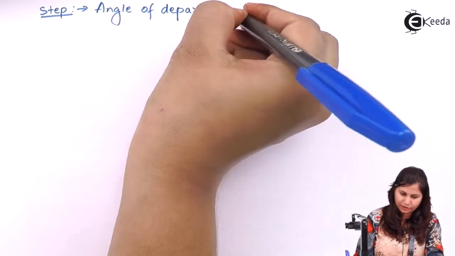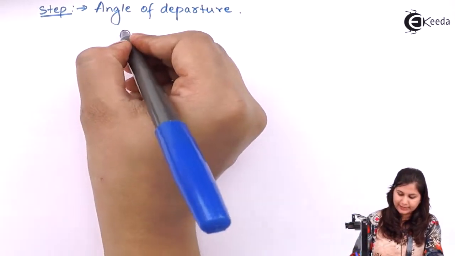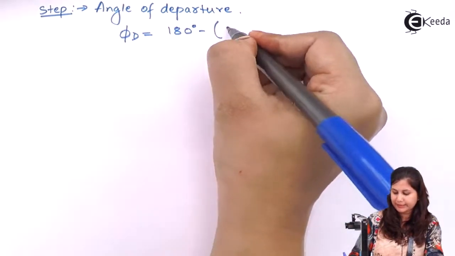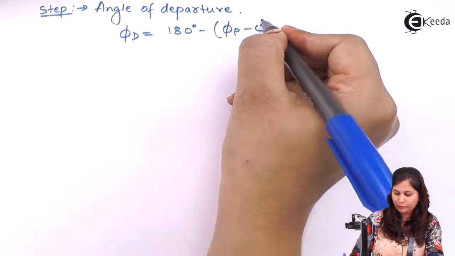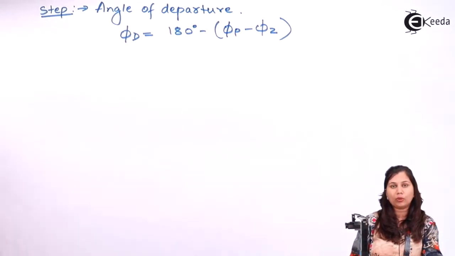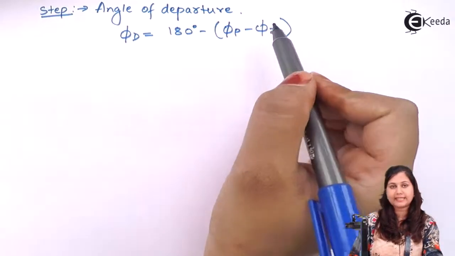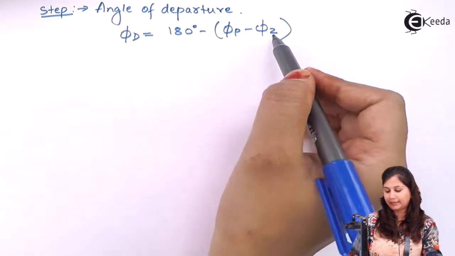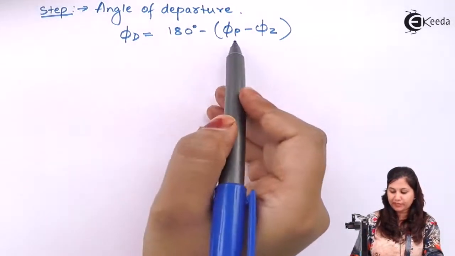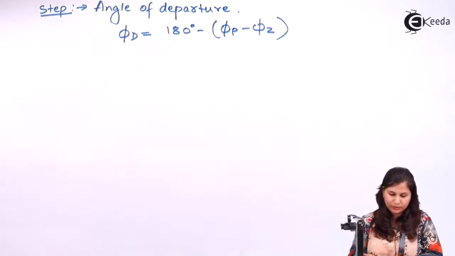Angle of departure, it is obtained for the complex poles and it is given by phi d equals 180 degree minus phi p minus phi z. Phi p is the sum of all the angles subtended by all the remaining poles, and phi z is the sum of all the angles subtended by the zeros. So let's find out the phi p and phi z. So phi p equals,